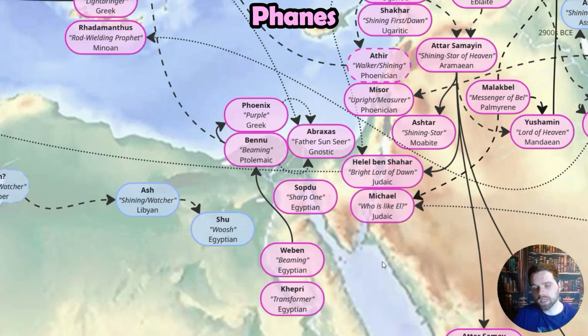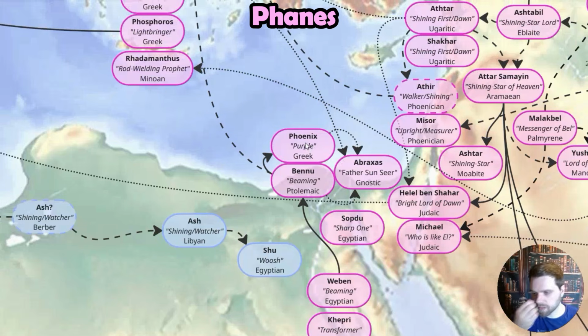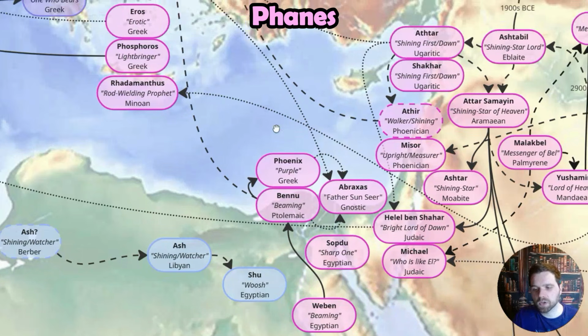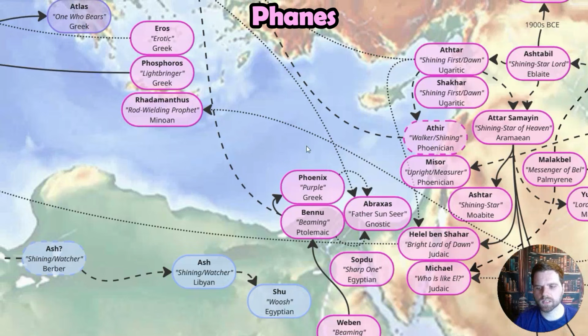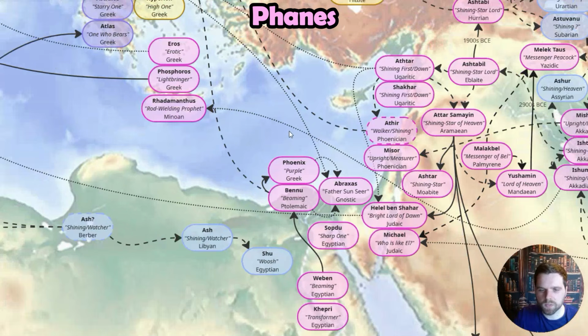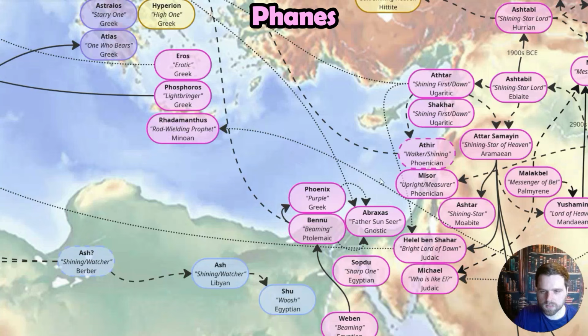And the Greek phoenix, as we see here, called purple because its color was considered this purpley red thing. A lot of times purple was seen as red, and sometimes even more in the orange, and at the most kind of burgundy. And of course, during this Greek period, a lot of times green and blue were not treated as different colors, so we can't get too wedded to exactly what these colors mean. It's the same reason they called the Phoenicians what they did, because they had purple dye, and it was just the people of the purple dye, the purple people.